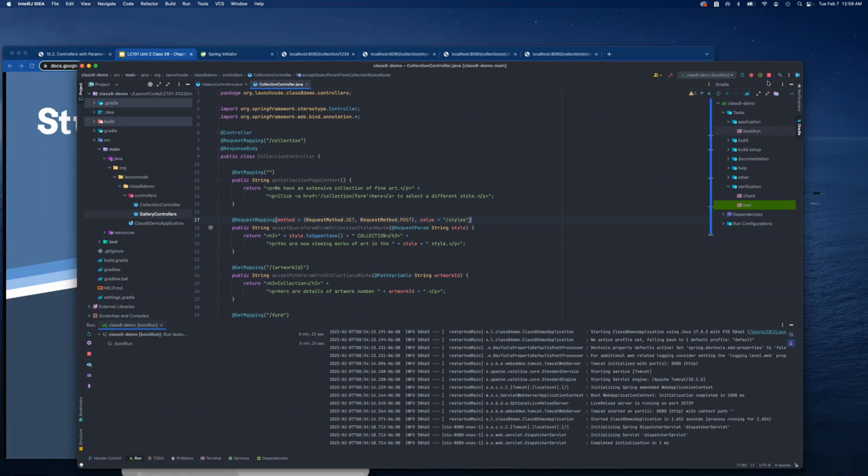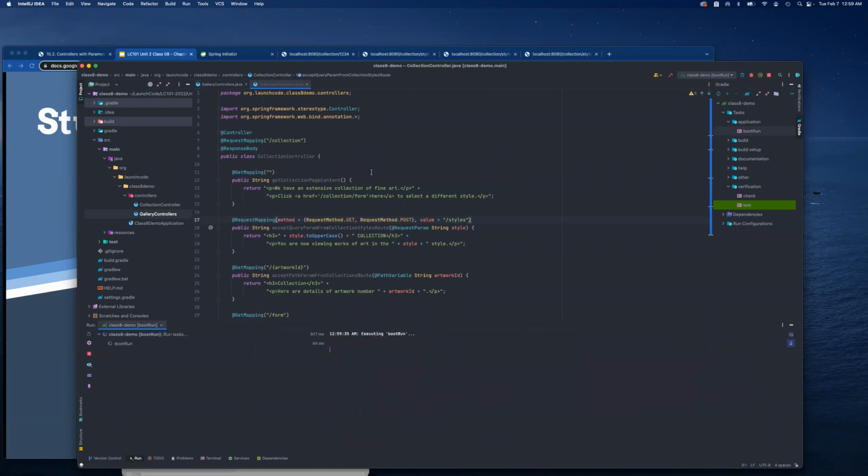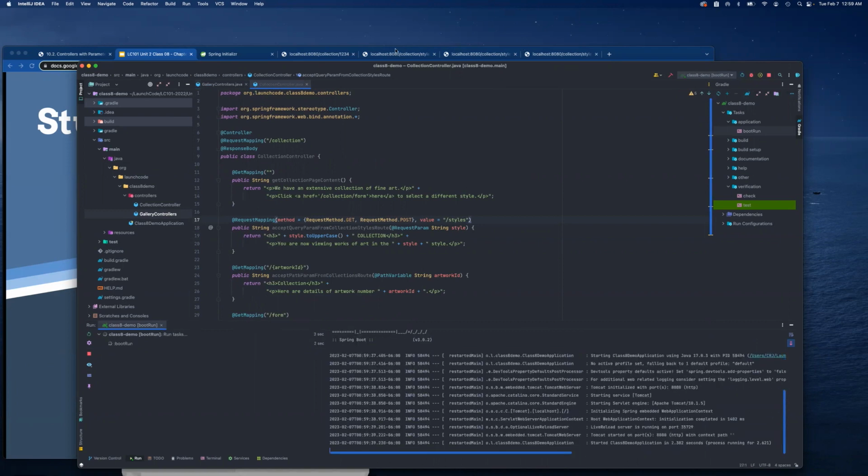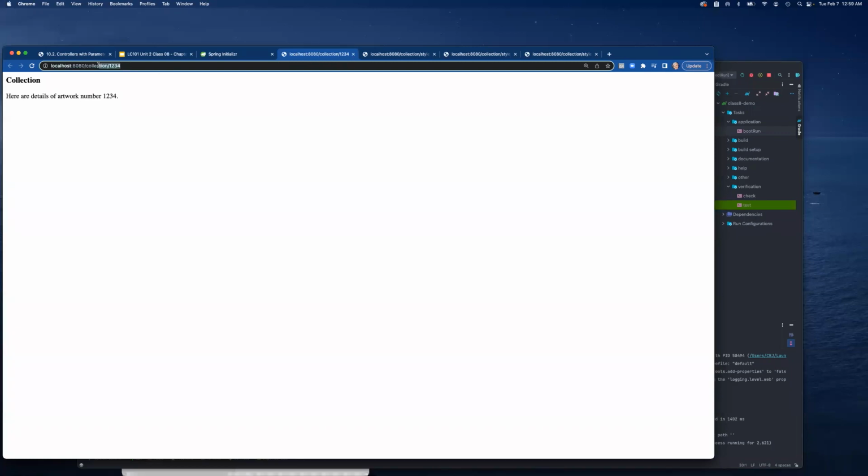Let's stop it and restart it and take a look. All right, and I'm just going to go back to the beginning. All right, we got our main page. Go to our collection. Click here to go to the form, and now it's /collection/form. Now you see, and I will put in impressionism again. Why not? And I get /collection/styles. So it looks like we've got everything set up correctly so that it will enter the information as expected